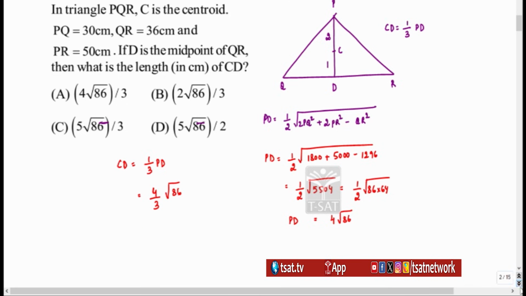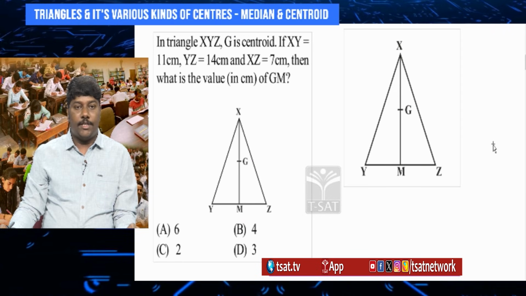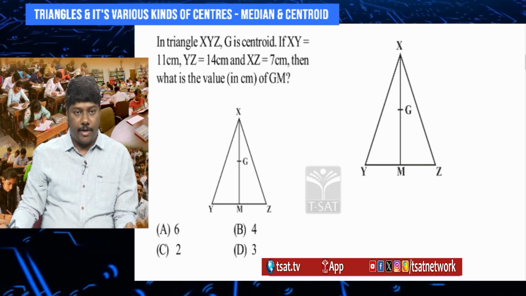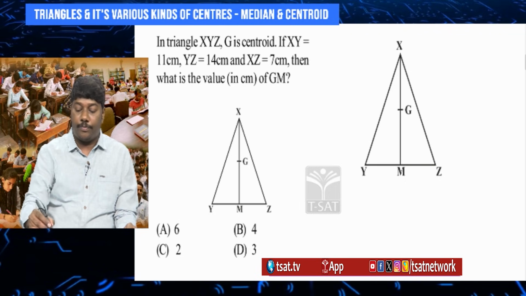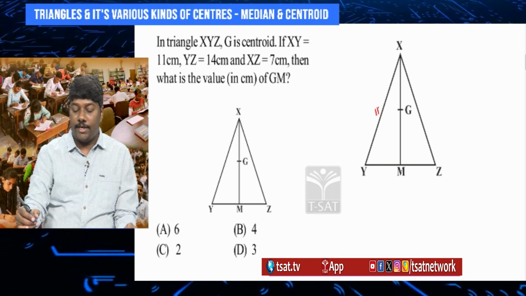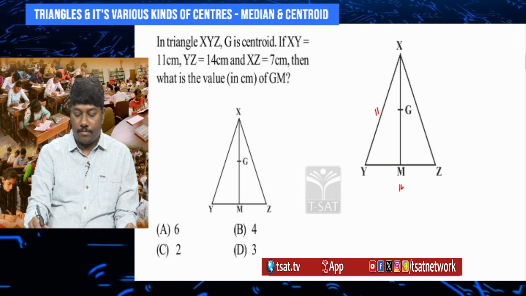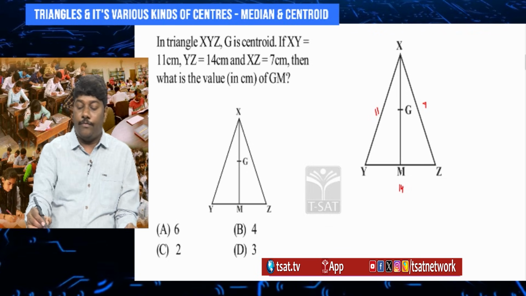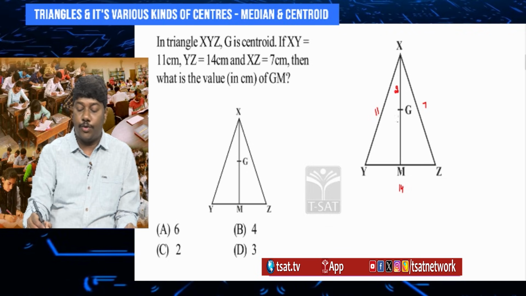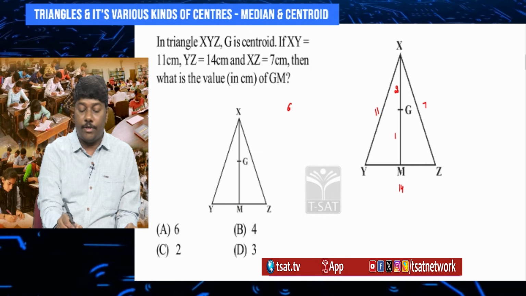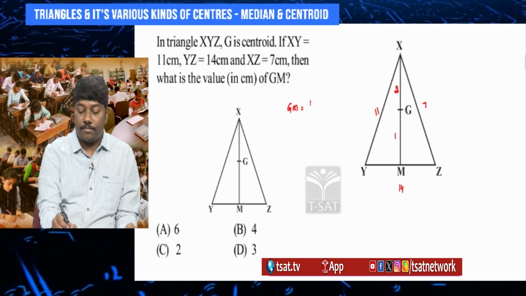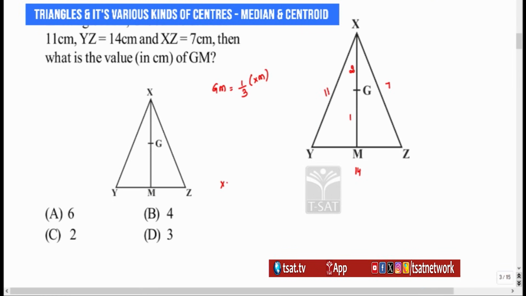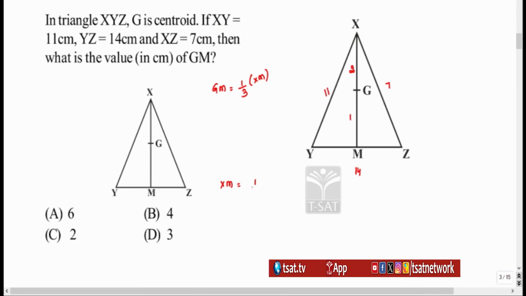Look at the next problem. In triangle XYZ, G is a centroid. It is similar to the previous one. G is a centroid. XY is equal to 11, YZ is equal to 14, ZX is equal to 7. All you have to find out is GM. We know centroid divides it in the ratio 2:1. Therefore, GM is equal to 1/3 of XM. XM is a median, which is half of